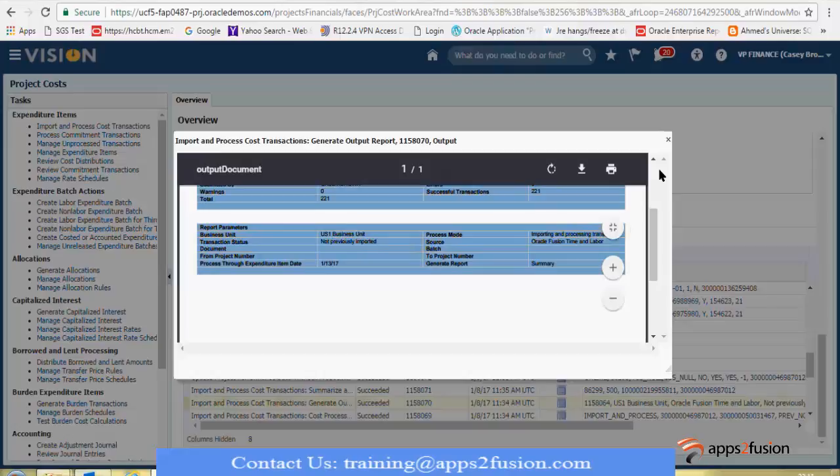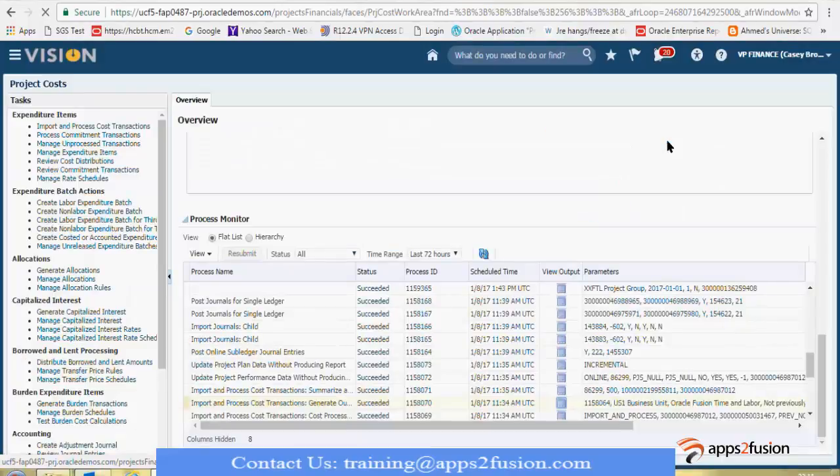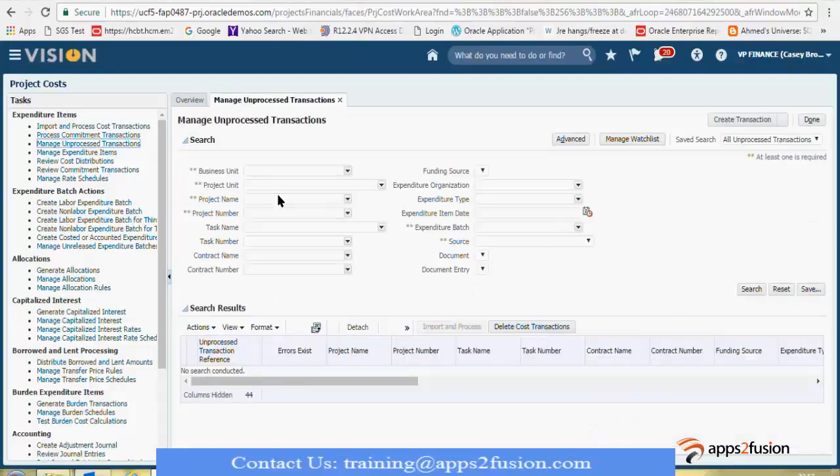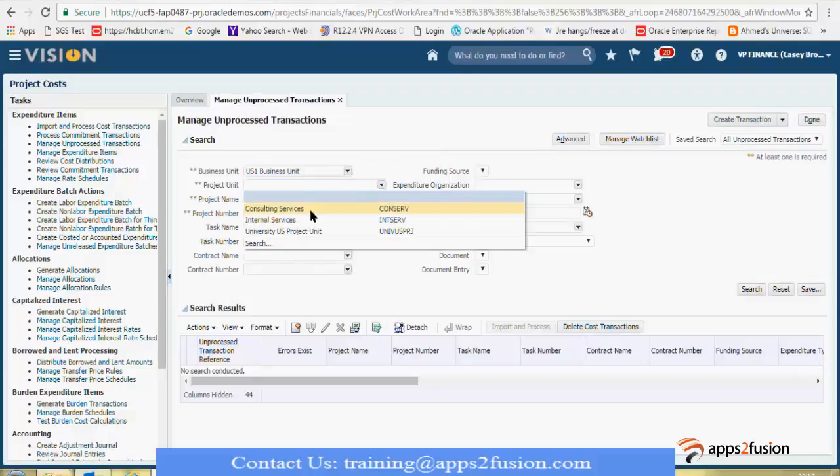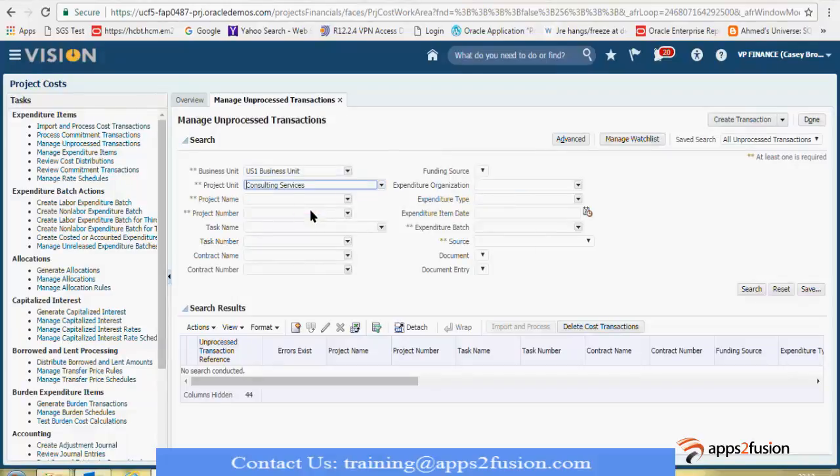This company. And after that, manage unprocessed transactions. You can select unprocessed transactions.